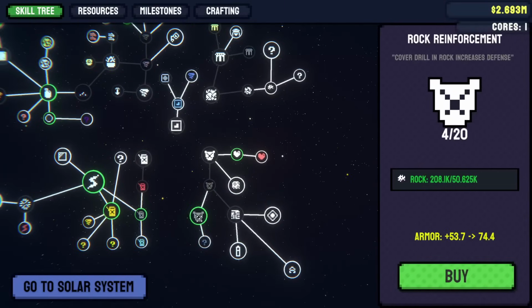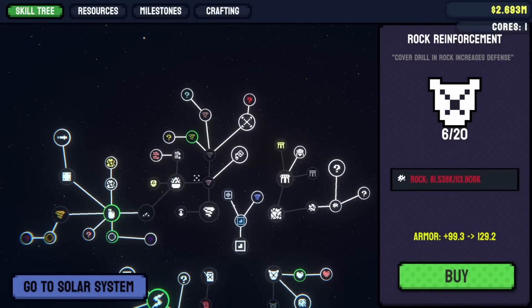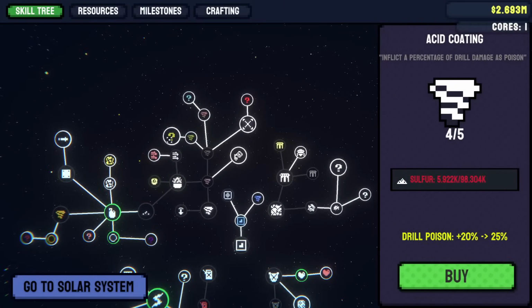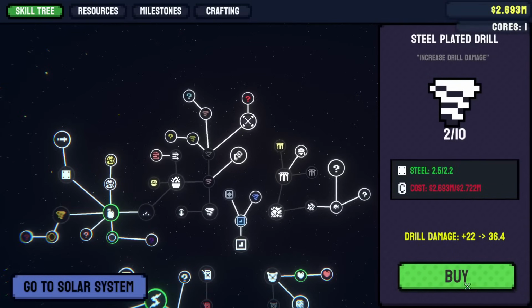Electricity, don't really care that much about. We got enough rock to get some more armor here. Okay. I'll continue with the acid coating. It's going to lead to something, apparently. So, I guess we'll stick to...